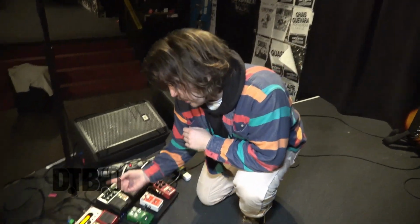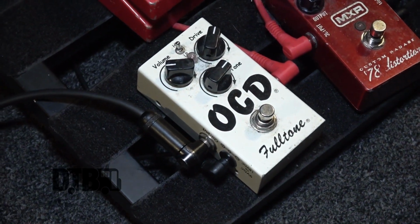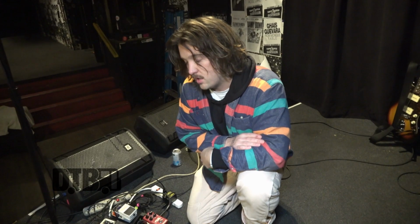My main pedal that I use in this band is the OCD, the Fulltone. It's my go-to. I pretty much have that on the whole time. I'm not going to say the whole time because I don't know how that would make me look, but I mean, I really play that a ton. And what's cool is we recorded a ton with it when we made this record,